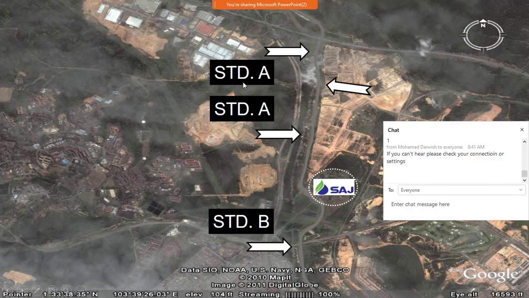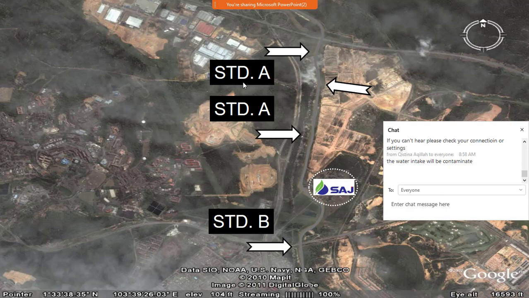If those standards are B, the water intake will be contaminated. Right, correct, Christina. The water intake will be contaminated. Why? Because standard B has lower quality of treatment. The BOD is higher, the COD is higher, the suspended solids are higher.